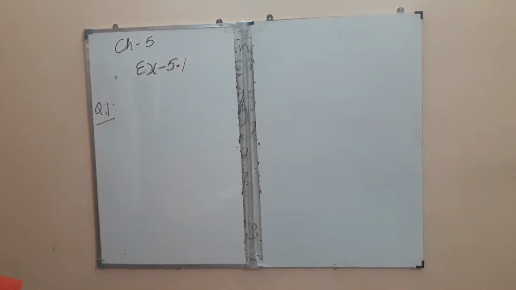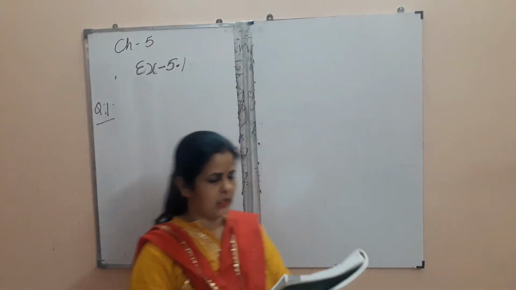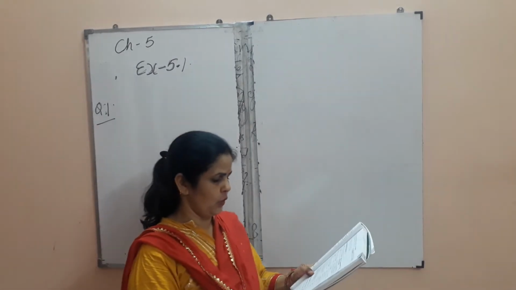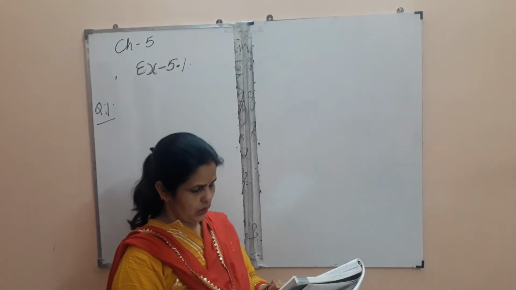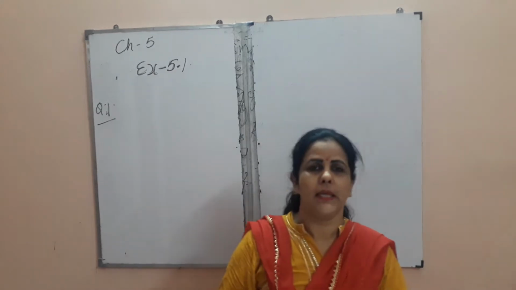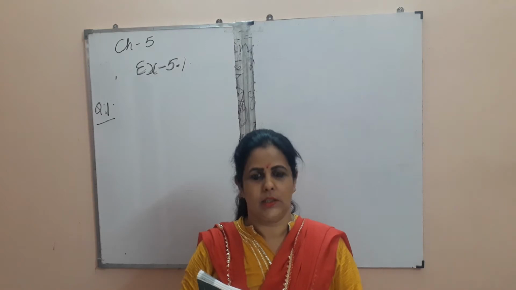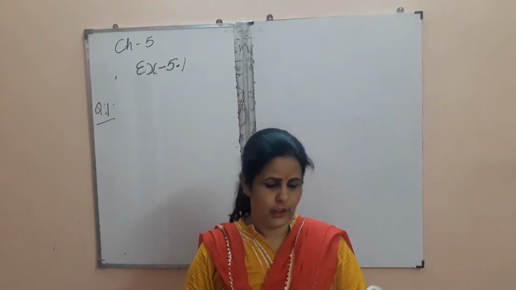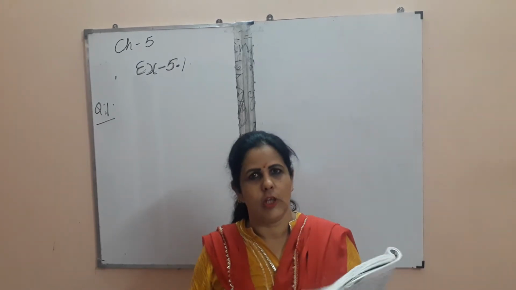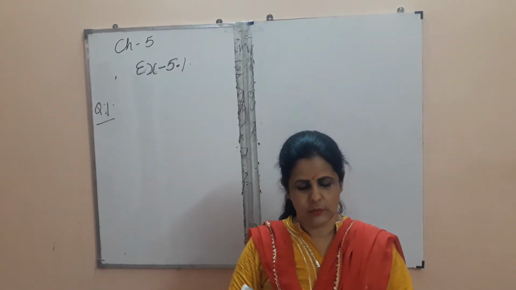Let's start question number 1. Write an algebraic expression using variables, constants and arithmetic operations. Children, there are 5 questions, so 2 questions I will do for you, the rest you will do yourself. So I am doing the third part. Now I want to remind you, please keep your books with you while you are watching the video, so that you can see the exercise sums also and solve them side by side. So question number 1, third part.